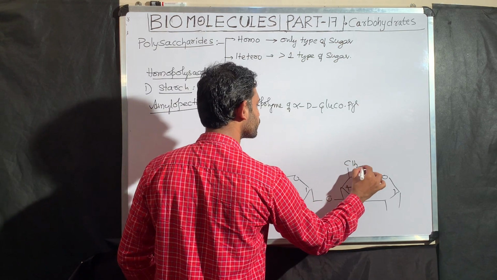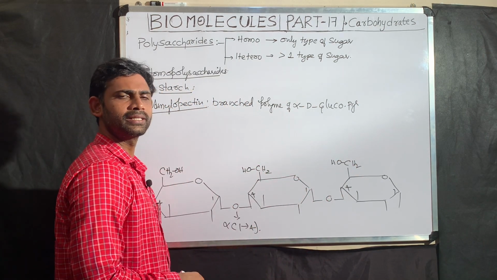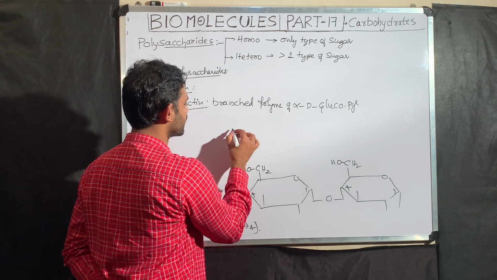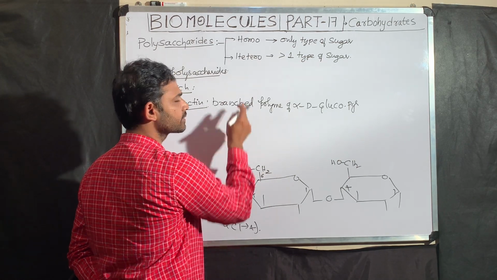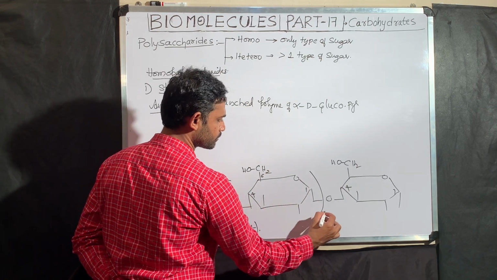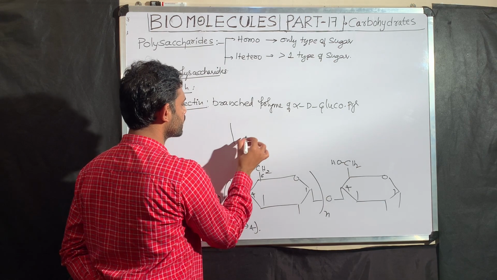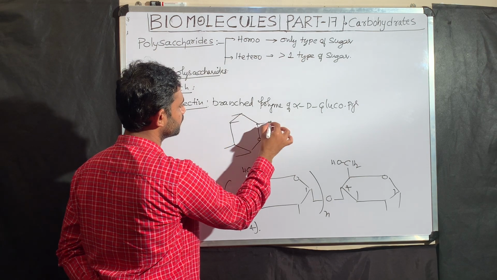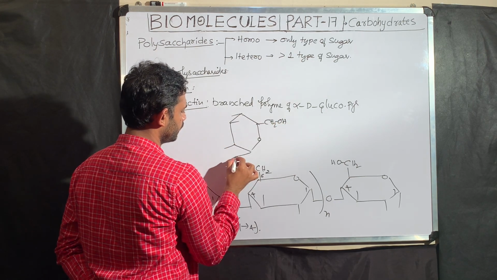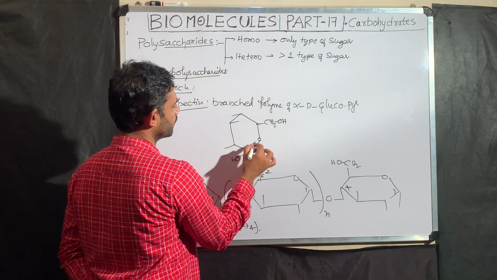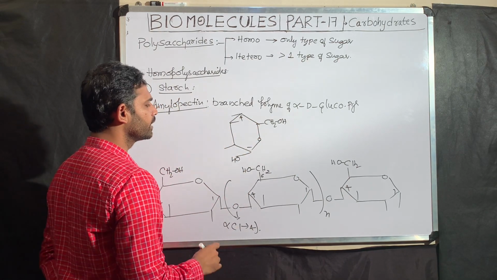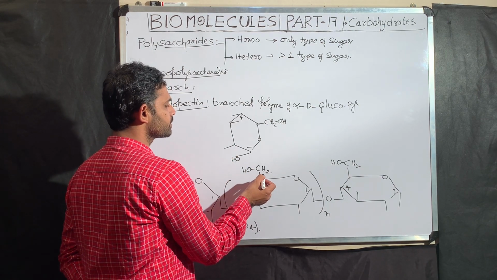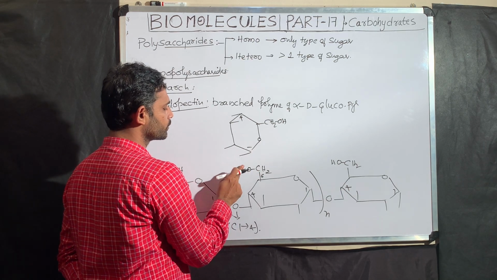Sixth carbon, CH2OH. For example, when we are drawing the amylopectin, as I said, amylopectin is branched. For your understanding, if I want to make a branch from this carbon, anywhere you can start. This is the same sugar, alpha D glucopyranose only, because this is a homopolysaccharide. CH2OH. First carbon, 1, 4. Here, when it wants to form a branch from one particular sugar, this is the sixth carbon, this is the first carbon. First carbon OH group, sixth carbon H.